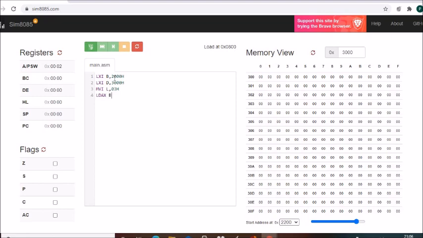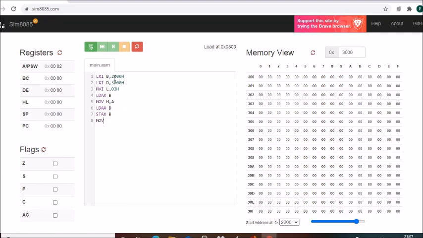Then LDAX B. I'll load the first data into the accumulator. Then from the accumulator I'll move it to some other register, MOV H, A. Then again I will load the second data from the DE pair, LDAX D. Then I will store the data which was in the accumulator into the BC pair, STAX B. So half of the exchange is complete.